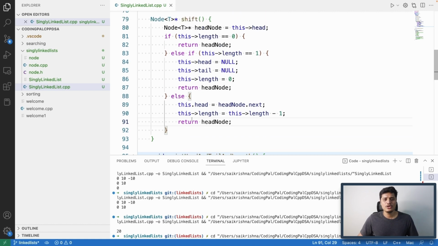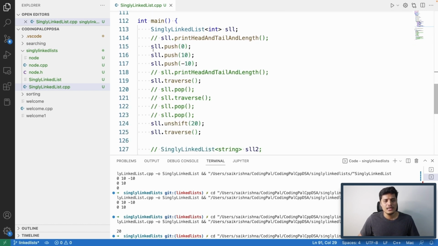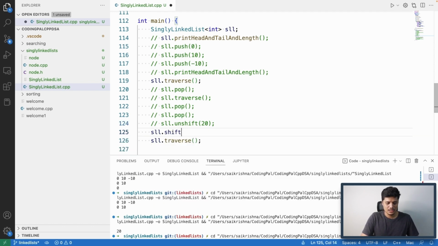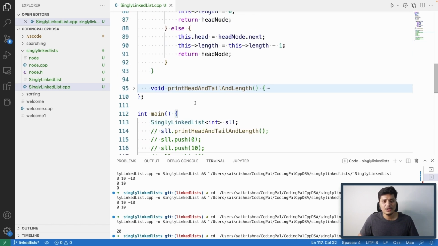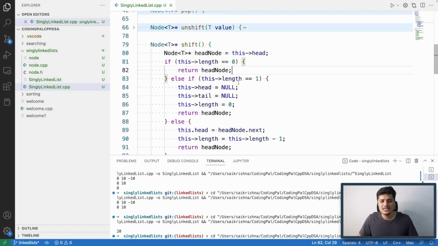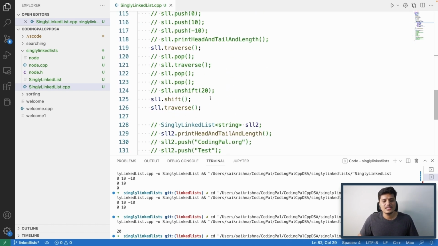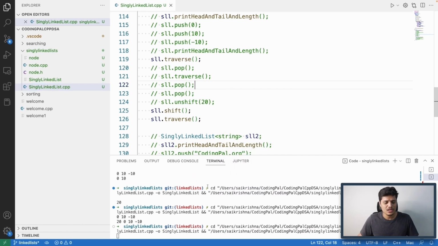Now let's validate the same thing on a group of values in the singly linked list. So here in the beginning, let's assume that there are no values at all in the singly linked list, and let me comment out this unshift also, and perform the shift operation on the singly linked list. Since there are no values at all, it is empty, right? As a result, the logic will go to this, and obviously, since no value is there, the traverse function also does not print anything. So the first traverse and second traverse should both print empty lines. So if we see here,